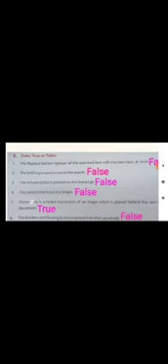Number 6. The borders and shading button is present on the layout tab. No, this is false. The borders and shading button is present on the home tab. We have to press the home tab, paragraph group, and then press the borders button, right?